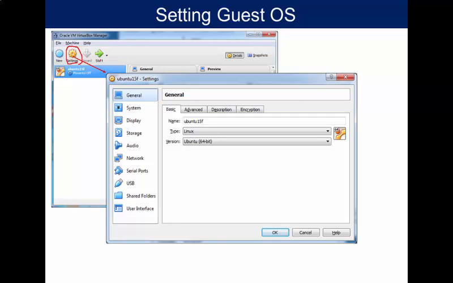There are many categories of settings: general setting, system, display, storage, audio, network, for example. This is a very important network settings. Serial ports is also another good setting